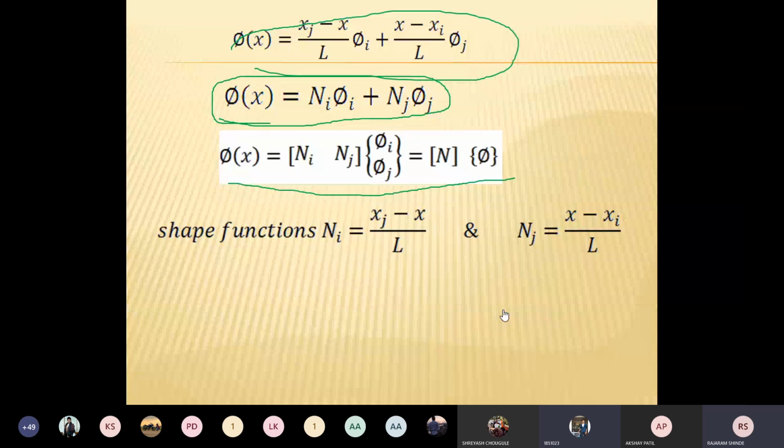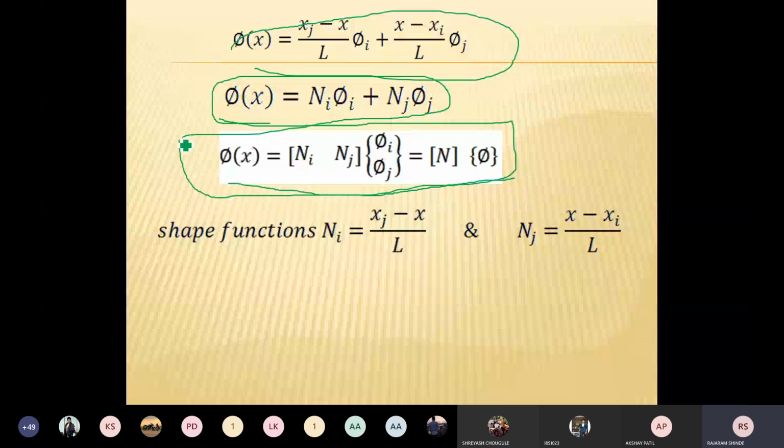This I have covered in the first unit for U displacement. You can refer to that also, and this is not complicated, it is a simple one. The shape functions are Ni equal to xj minus x upon L, Nj equal to x minus xi upon L, and this is your interpolation polynomial. You read this, and just read this equation, you can understand it is very simple. Okay, I will stop here.